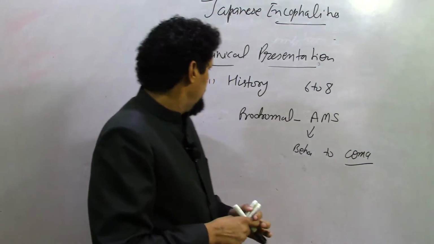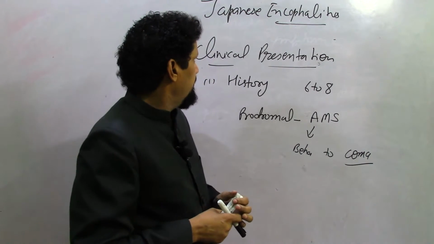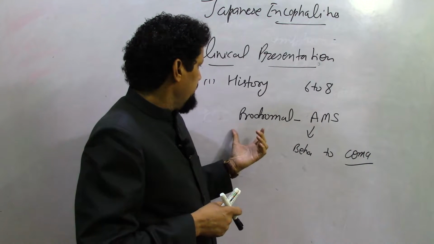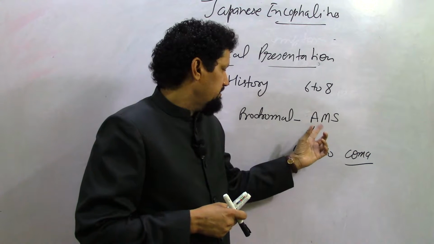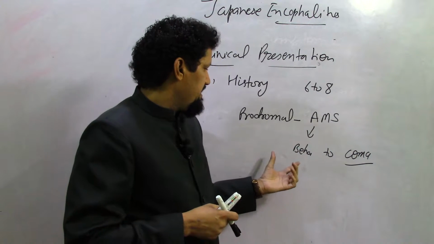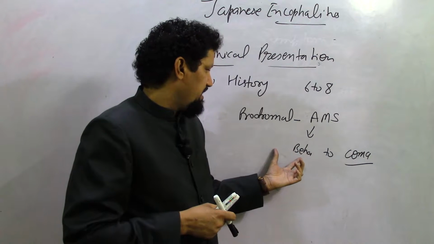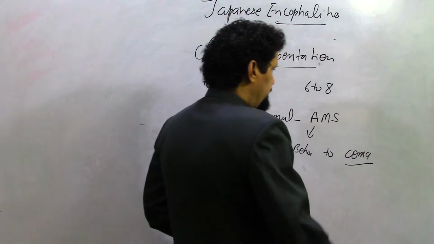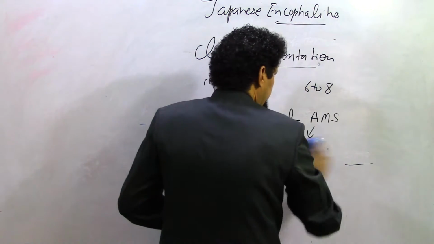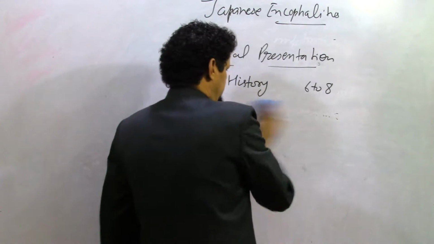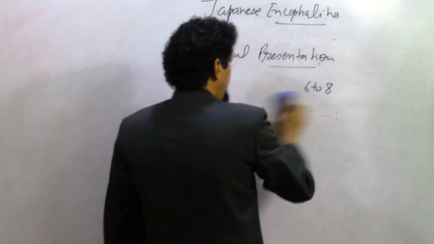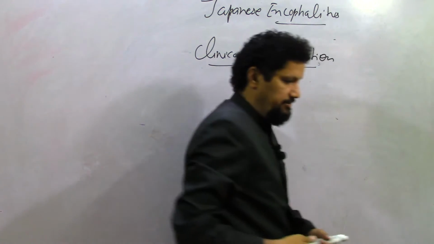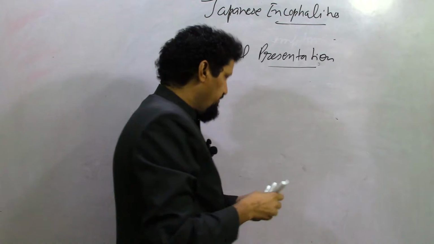So the history of the Japanese encephalitis patient is having prodromal, then altered mental sensorium, which may range from the subtle change in behavior to the coma. The physical appearance of the patient or the physical examination of the patient of the Japanese encephalitis is generalized weakness,